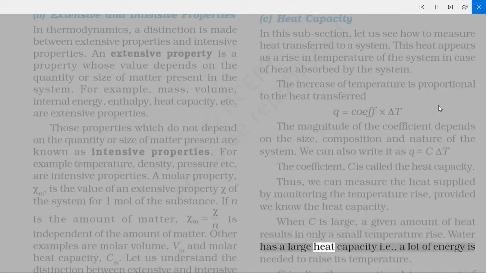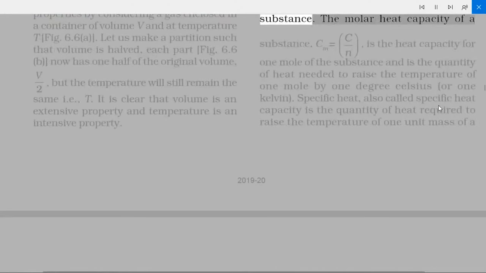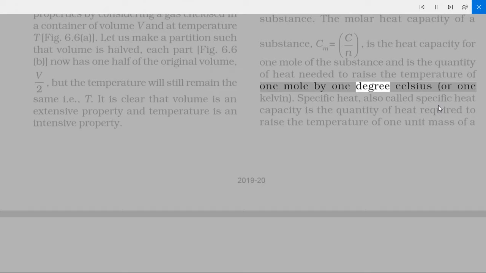Water has a large heat capacity, i.e., a lot of energy is needed to raise its temperature. C is directly proportional to the amount of substance. The molar heat capacity of a substance, Cm = C/n, is the heat capacity for 1 mole of the substance and is the quantity of heat needed to raise the temperature of 1 mole by 1 degree Celsius, or 1 Kelvin. Specific heat, also called specific heat capacity, is the quantity of heat required to raise the temperature